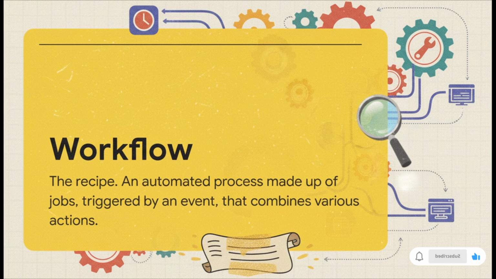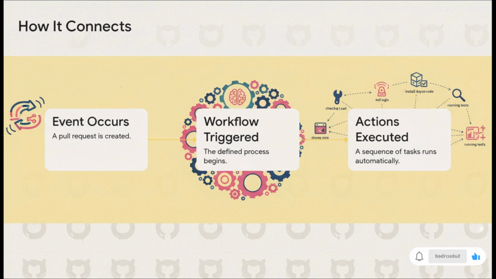It's the glue that holds all these little automated pieces together. So, let's see how it all clicks into place. It's really just a simple if this, then that logic. For example, if a new pull request is created, then our testing workflow automatically gets triggered, which then executes a sequence of actions like checking out the code, installing all the dependencies, and running our entire test suite, all without